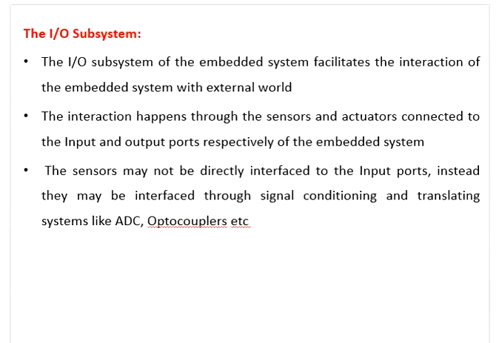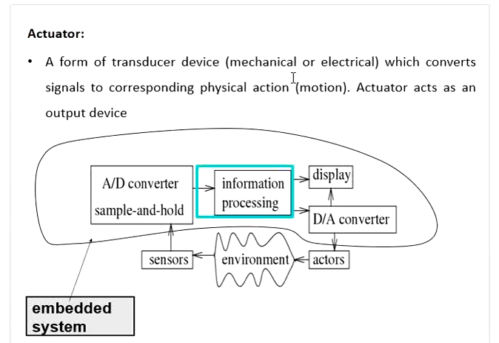Good morning, guys. Today we are going to discuss the IO subsystem, which is module 3. As we discussed in the previous session about sensors and actuators, that is also part of the IO subsystem, because sensors act as an input to the embedded system and actuators act as an output of the embedded system. In between, any conversion required will be given to the information processing. Once that information is processed, it will be given to the D to A converter, and this we have seen in the last video sessions.